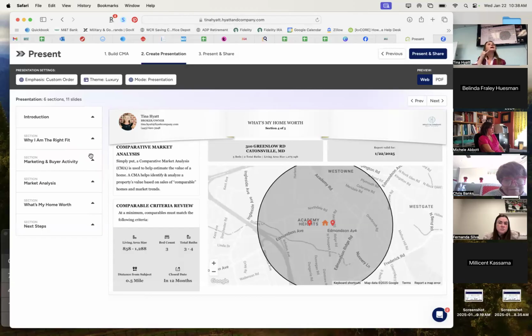Ring, ring, ring. Hi, Tina, this is Steve Rogers. I was referred to you by Dennis Bentley. He mentioned that I should reach out to you about listing our house. My wife and I are thinking about selling our house, and we're talking to a couple different agents, and I'd love to set an appointment with you. Most agents do what?